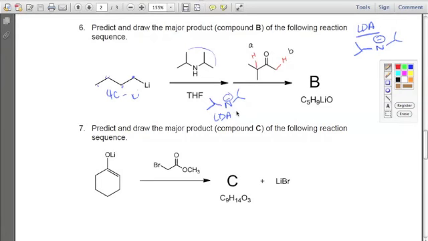The thing is, LDA is a big, bulky base. So big, bulky base. I call this a BBB. And it's, again, very similar to the tert-butyl. It's going to have a difficult time getting into tight areas and plucking off a hydrogen. So it's going to go for the less substituted. It's going to come in, attack, pluck off, donate the electrons and push up, and you're going to get